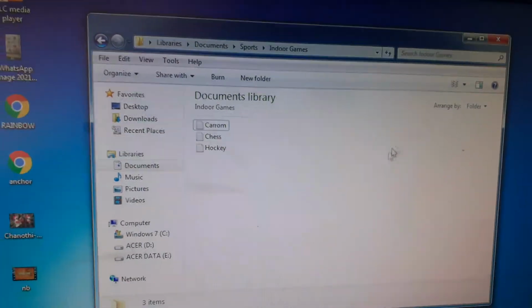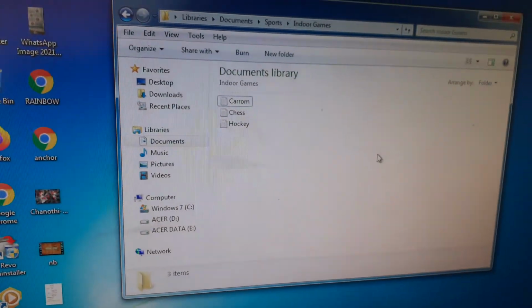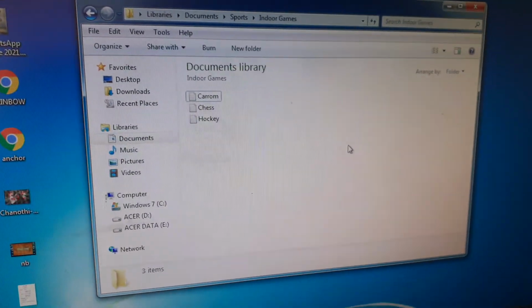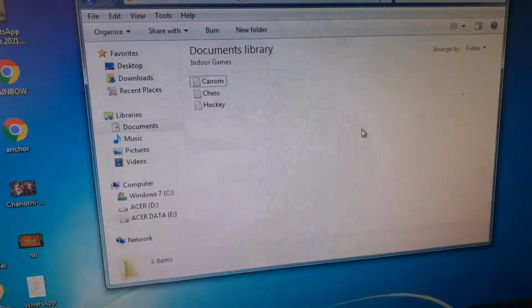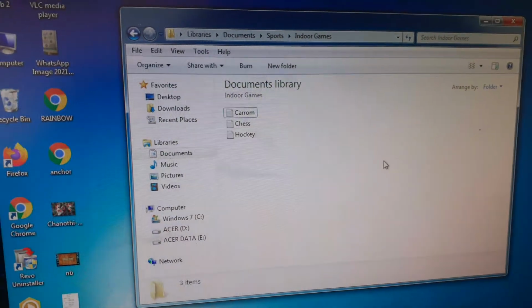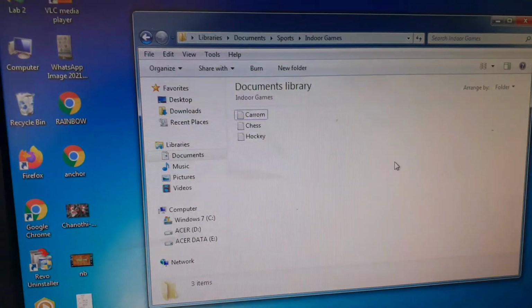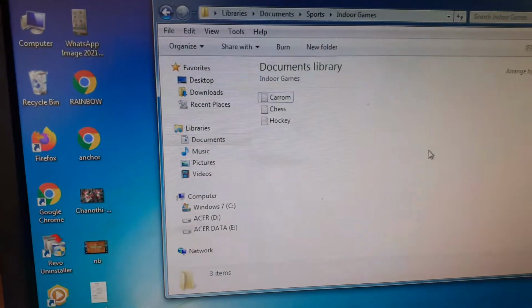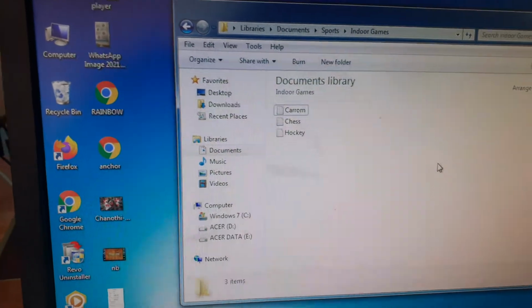Okay children, so in this way you can delete any file or folder. Recycle bin, that is the Windows dustbin. Any file or folder that you delete is sent to the recycle bin. Please remember children, when you delete any file or folder, it will be stored in the recycle bin and it is not permanently deleted from the computer.